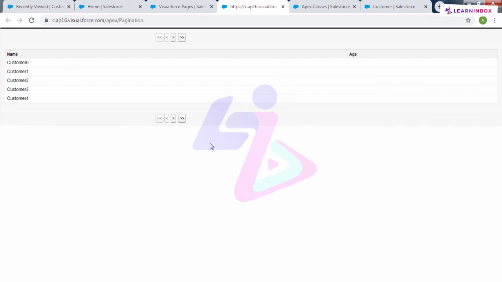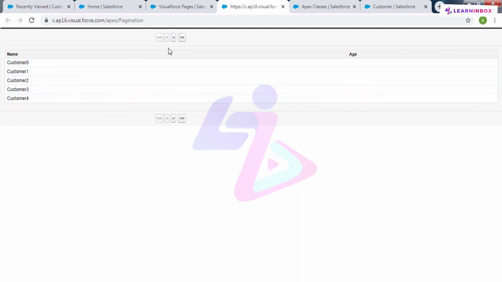We have customers, starting from customer 0 as the index number, and we have not specified any age for that. If we insert ages for the customer, age will also be visible here. So these buttons are disabled because we are on the first page.